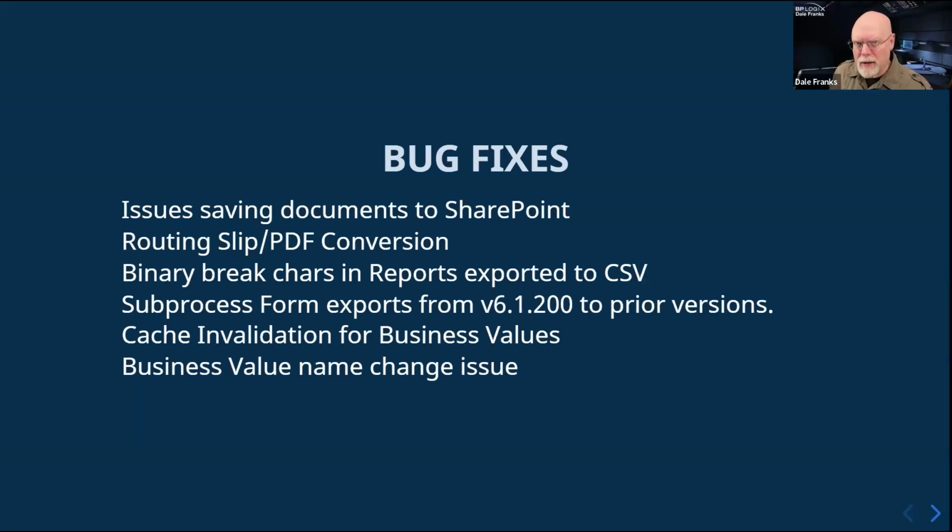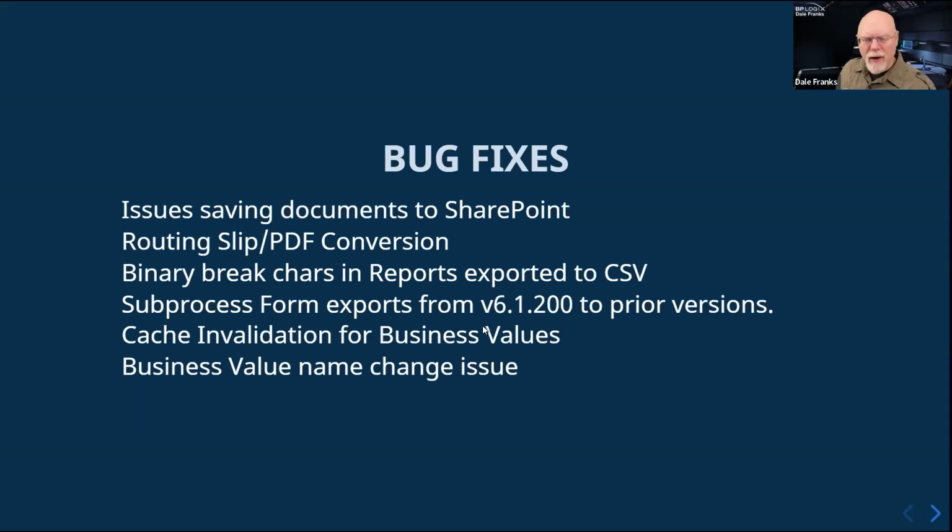In the report object, you have the ability, using the advanced reporting component, when you run the report, to export that report to other formats, one of which is CSV. And what we discovered was happening was when you export to CSV from a report itself, from the report object, it was throwing in binary break characters at the end of each line in CSV files, which causes way worse problems even than trailing commas do. So we fixed that. And those binary characters no longer appear in the CSV file. Of course, CSV files shouldn't have those binary characters as printable characters anyway.